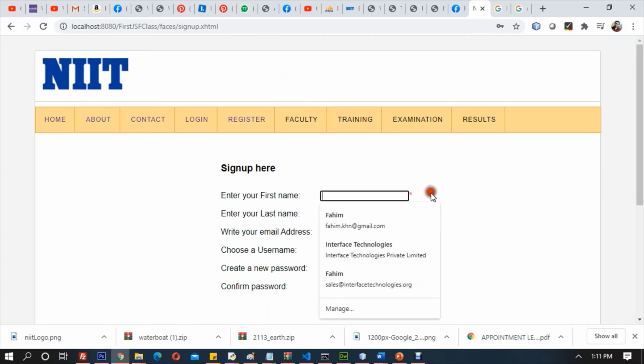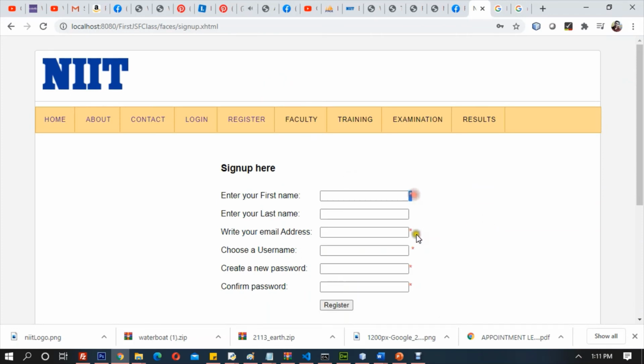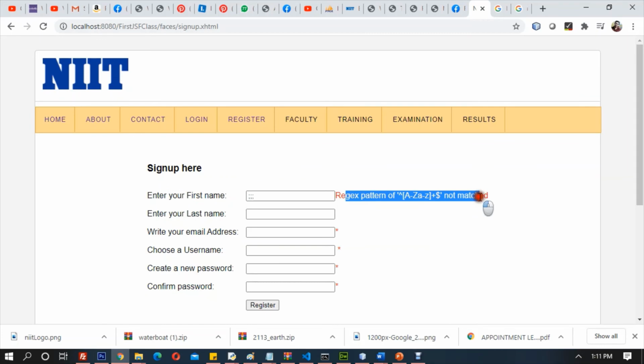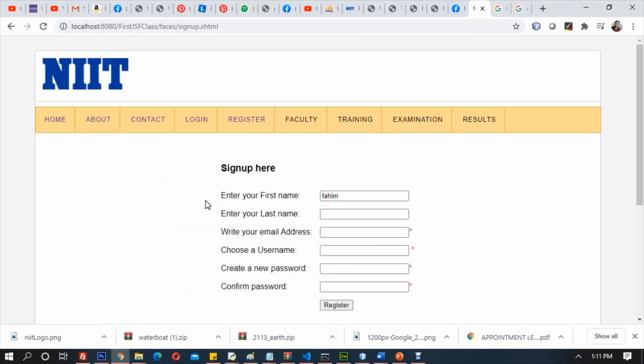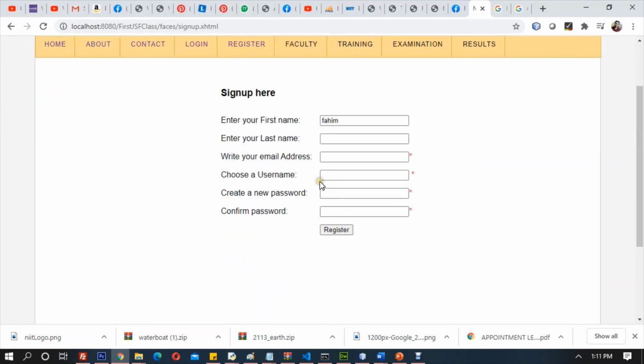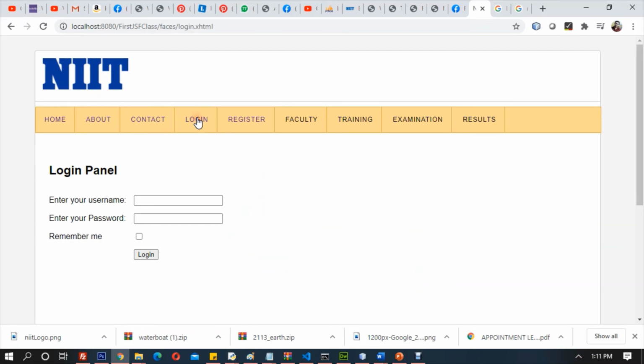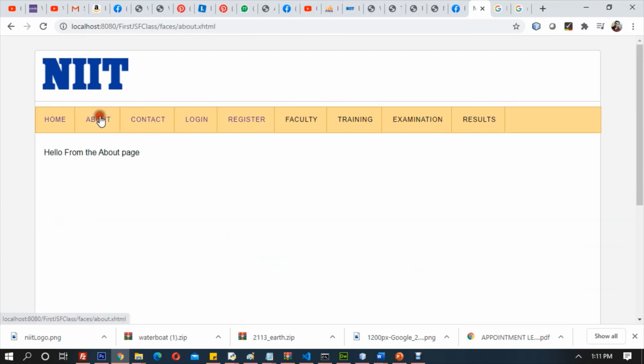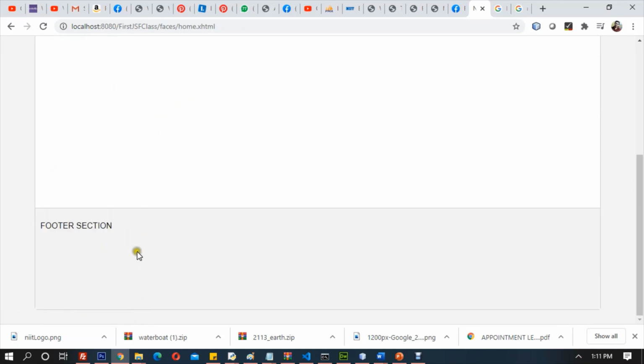Right, you can see we are getting starred items because we have done validation here, star, star, star. And if I increase and decrease, you can clearly see, we also have a regex here, regex pattern not matched. Now enter this address and every single thing that you have to do. Now this is your register, this is your footer, this is your login integrated, this is your contact, about, and home, and this header is repeated,